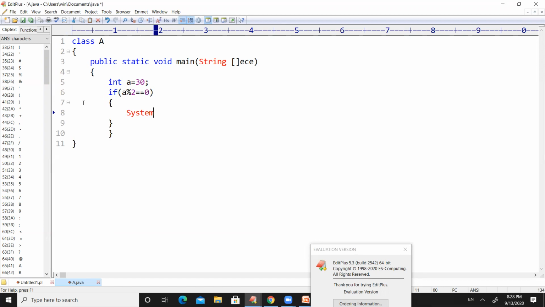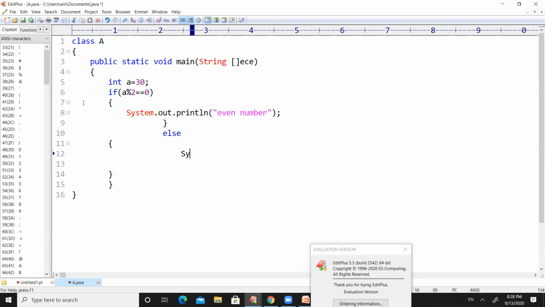In case the condition is true, I want to print even number. In case the given condition is false, I want to mention this inside the else block.